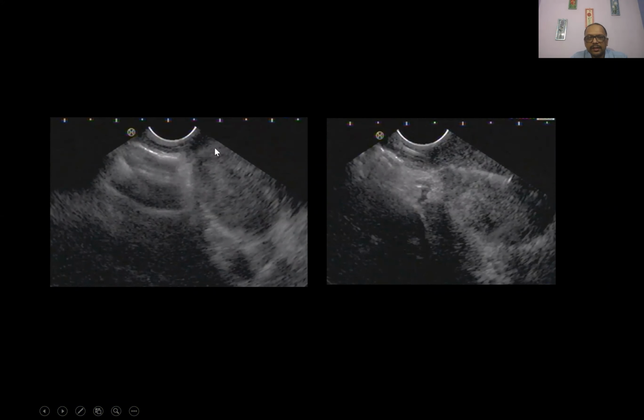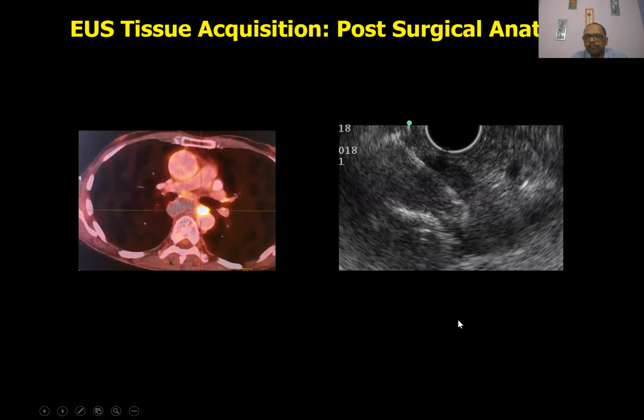Importantly, also places like thickening and narrowing in the esophagus where the scope cannot be negotiated. Here in this case, there is an esophageal narrowing at the lower end. The echoendoscope could not be negotiated, but you could identify the thickening of the gastric wall from the lower end of the esophagus, and sampling could be done and proven to be adenocarcinoma. Similarly, patients who have post-surgical anatomy, if your echoendoscope can reach there, the sampling can be done. Like for this example, who has undergone an esophagectomy for a squamous cell carcinoma, had PET positive lymph nodes a year after surgery, which could be identified on EUS and sampled.